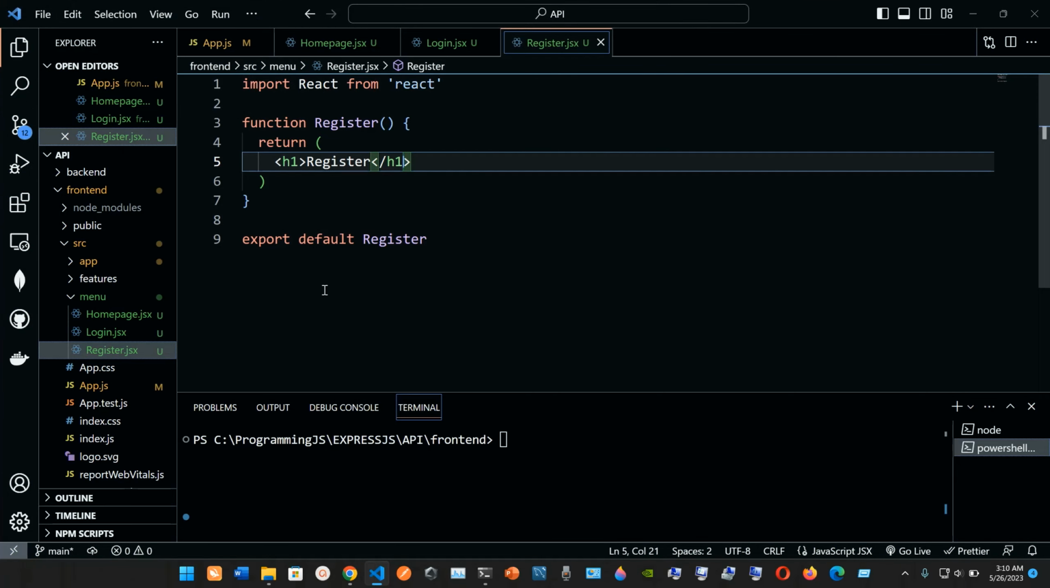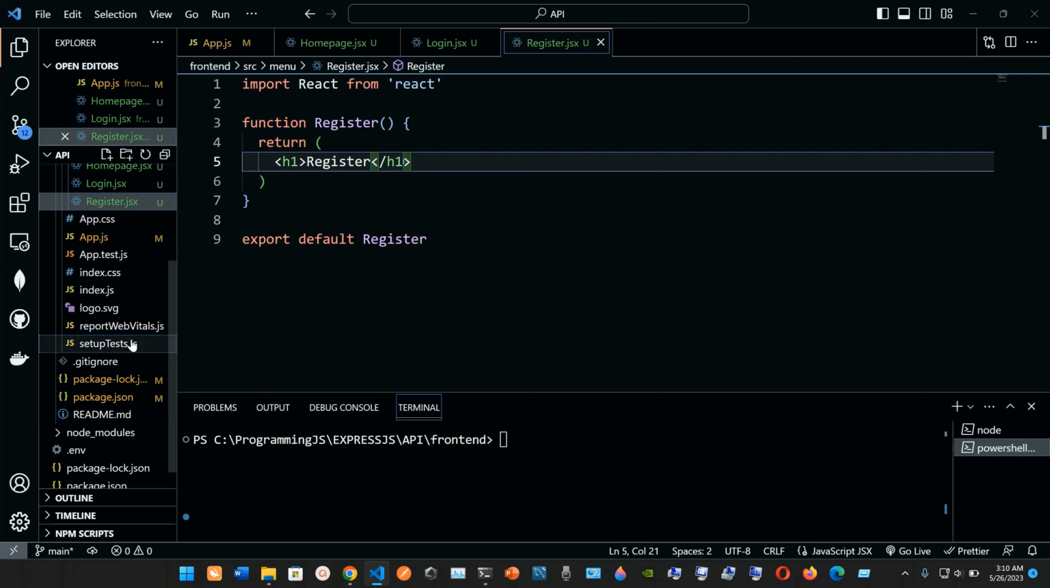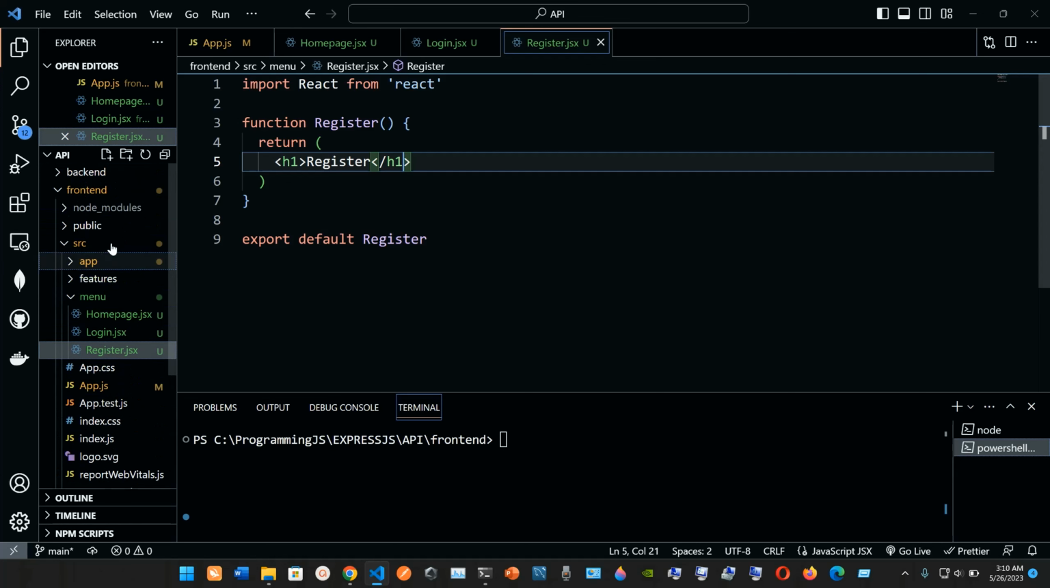And just a recap, we installed the Redux toolkit, and from this point inside of our folder we went to the source, so I named it front end,